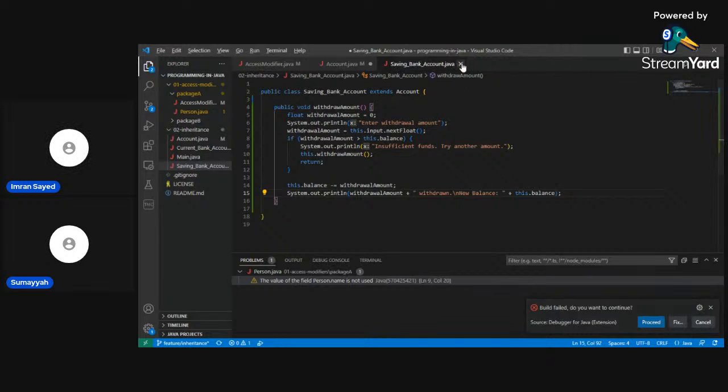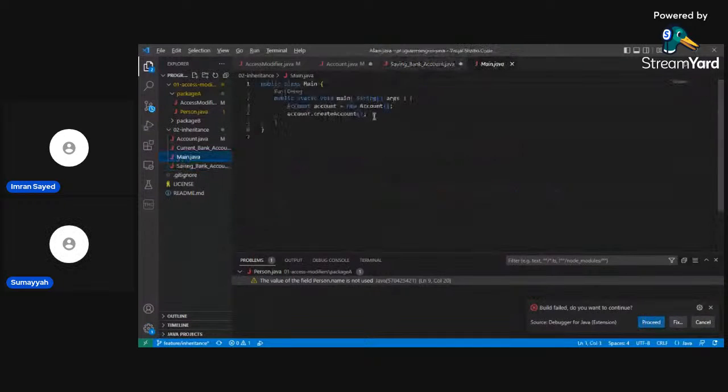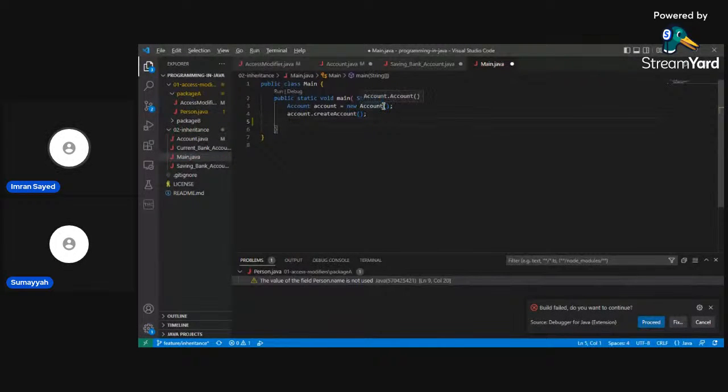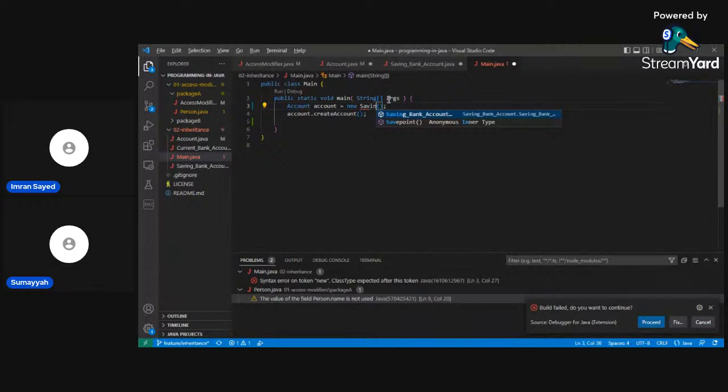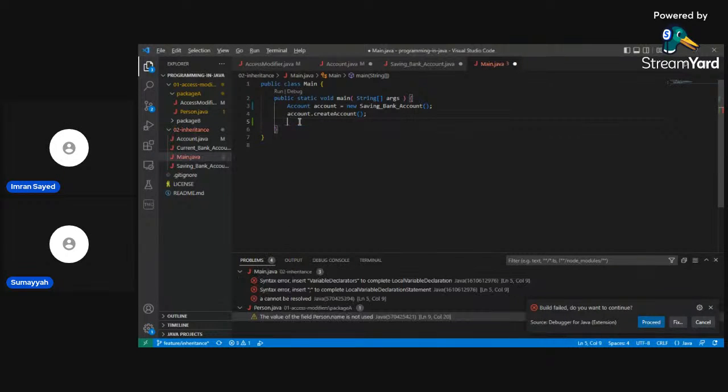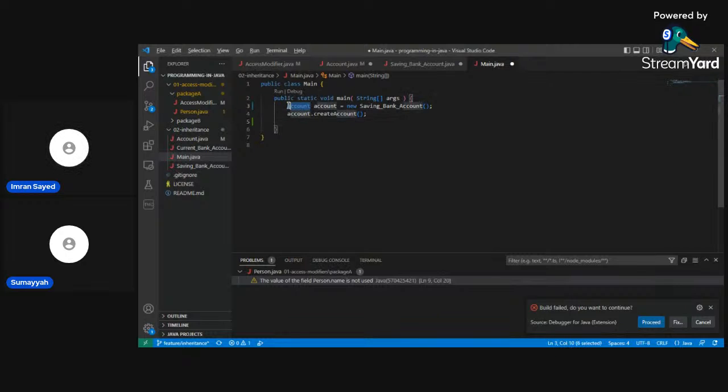Okay, let's try it. So did we call that function? I think we didn't call that function, right? Should I create savings account? You have to extend it, right? You already extended. And you have to change the type also there on line 3, the data type.